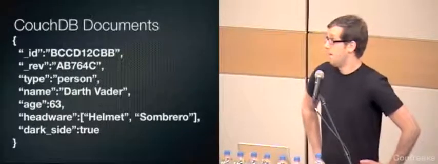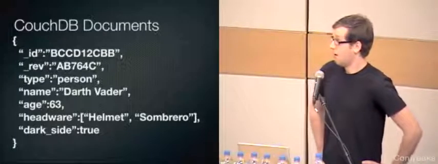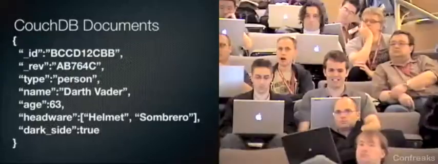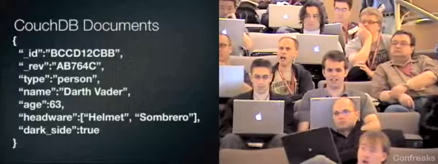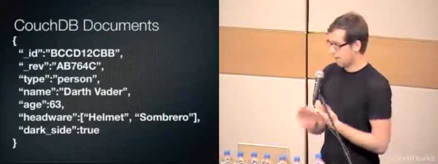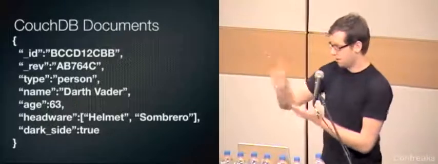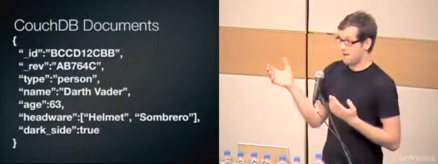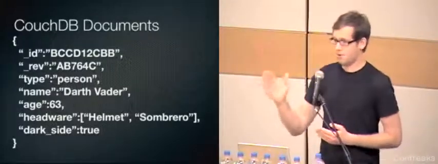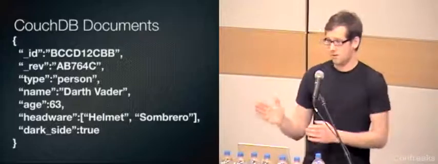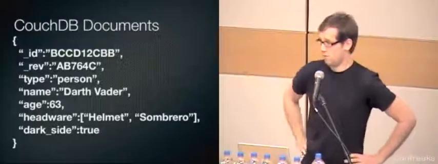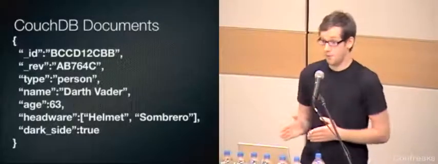identify the data with. The revision thing is when you change things in a document, like you want to change the age, you don't tell CouchDB to increase the age by 1 or something like that, but you create in your application a complete new document with the changed data, and then give that to CouchDB, and CouchDB saves this new document as the latest version, the newest revision of that document, and maintains the old one.